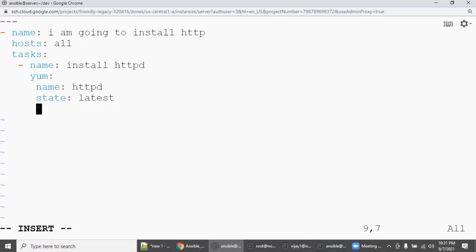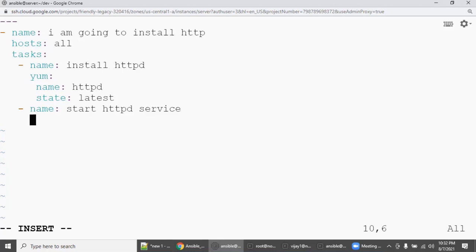Enter. Then next task, again the cursor should be exactly where you started. See here. So this is where you have started. That is why I said, if you manage to get the first line, second line, third line, fourth line and fifth line, then it will be easy for you to construct even 500 playbooks. It is really straightforward, because the first play where you start, the second play also should start from the exact same indenting, right? So go here, name colon install, but I need to start the httpd service, right?